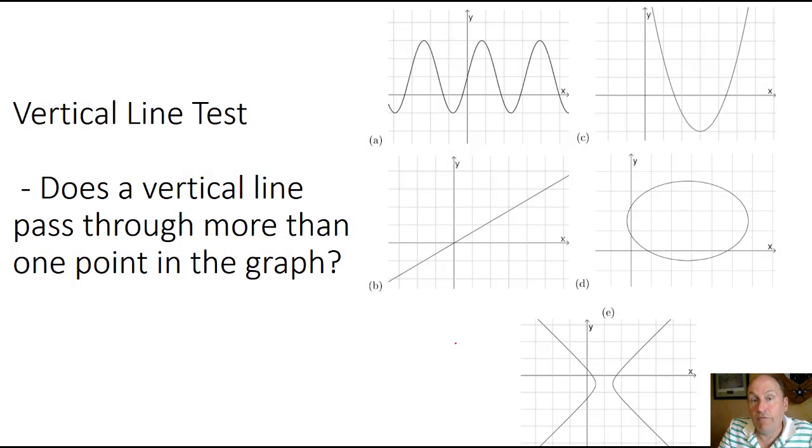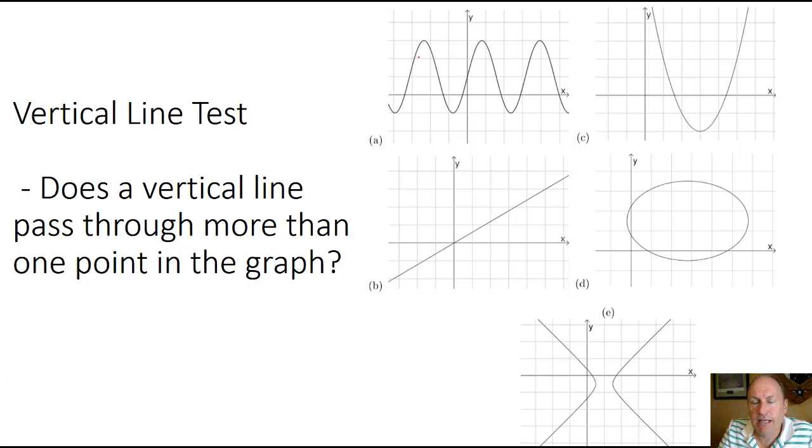A second way, or a visual way, to determine if a relation is a function is known as the vertical line test. Essentially, if I can take an imaginary vertical line and pass it through the relation from left to right and never touch more than one point at a time, it is a function, because what that means is every input is only having one output. So we're going to try that